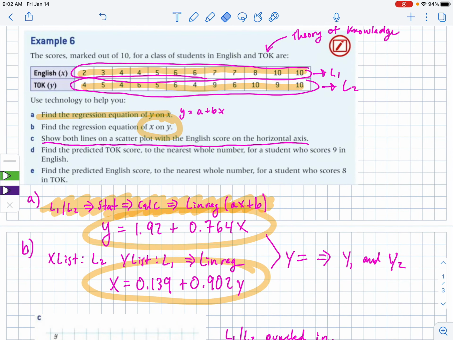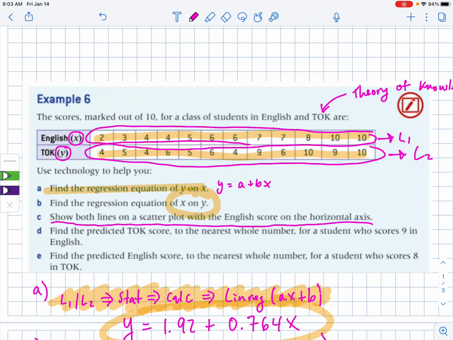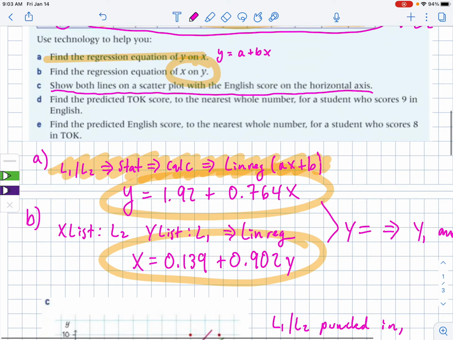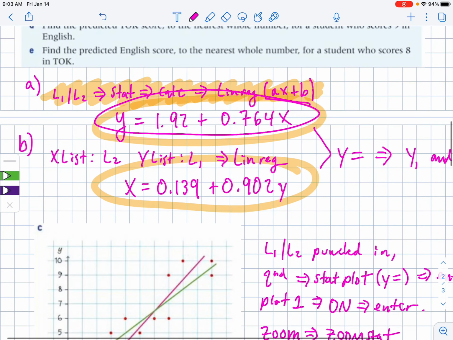Part D says find the predicted TOK score to the nearest whole number for a student who scores 9 in English. So for part D, they're giving you an English score and they want to know a TOK score. English is the X input, TOK is the Y output. So they're saying, like, given an English, what's the TOK? That means that you should use the Y on X equation because that takes an input of English and outputs a TOK. Here's our Y on X equation, 1.92 plus